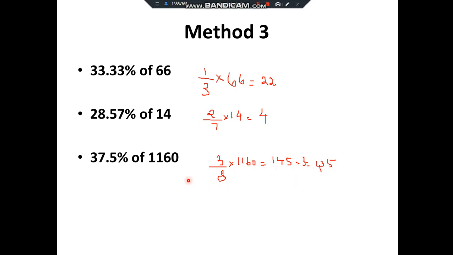See, you can ask me how will we know these types of fractions for these percentages and how much we'll have to memorize, okay. We do have a table for converting percentage into fraction, which is quite useful for competitive exams. I will explain that to you in one more session. Okay, so use these methods so that you can easily solve.